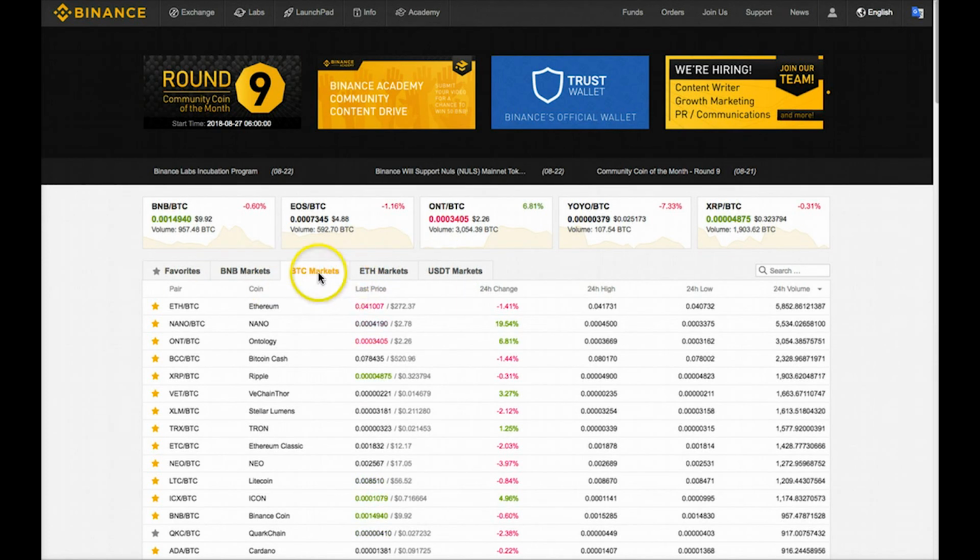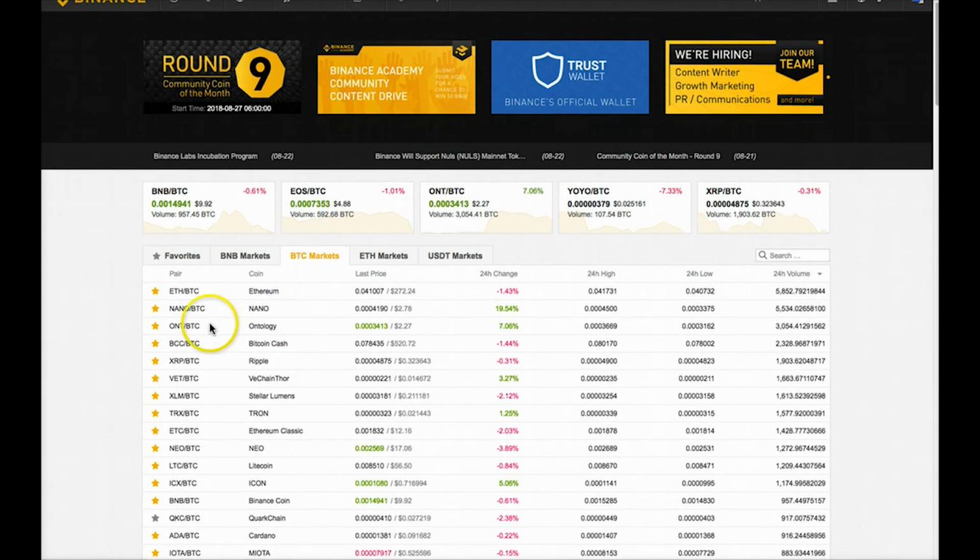Right now we're focused on the BTC markets here, and so as you see here in the list, we have all the coins that are trading against Bitcoin, which is pretty much all coins that are out there. The information they are giving here per trading pair will basically be the heading of each column, starting with the actual trading pairs, the name of the coin, the last price to occur, the 24-hour change in value percentage.